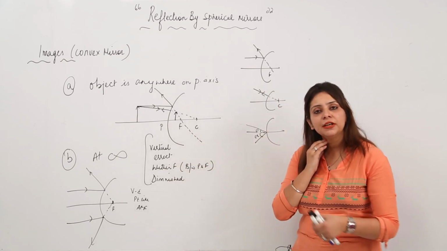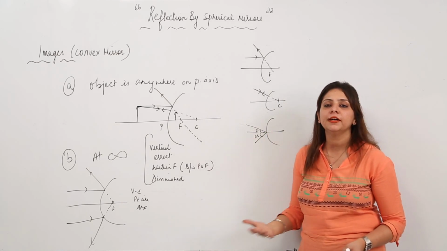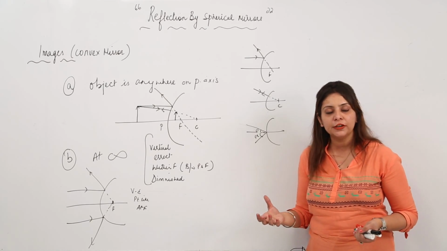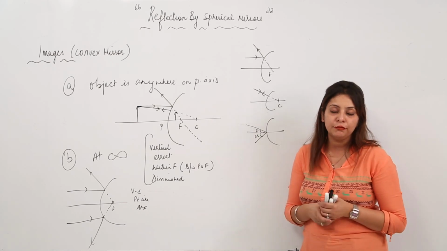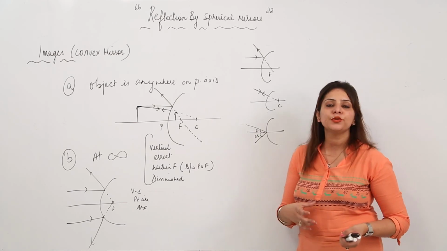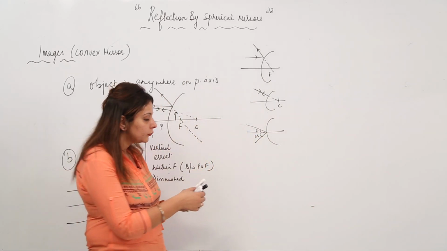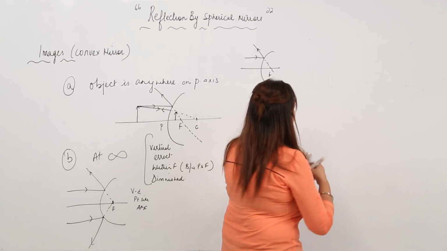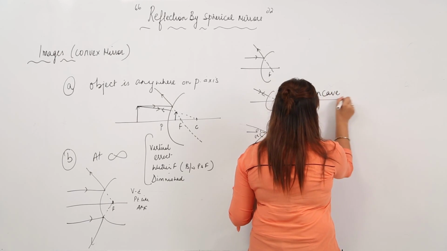Now as we are done with the images of the concave mirror and convex mirror, you know the rules, how to draw the different cases for them, and what kind of nature of images they form. So now it's time to talk about where we actually use them. Plane mirror uses we already did in the previous unit. If we talk about the concave mirror now, we will see where it is being used.